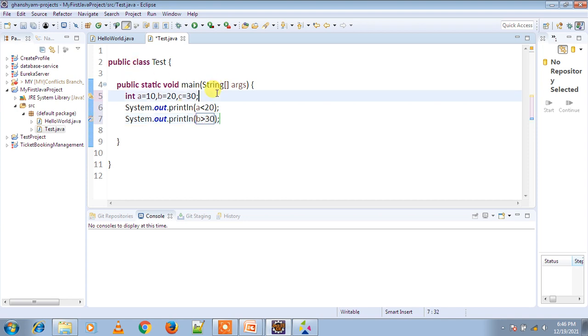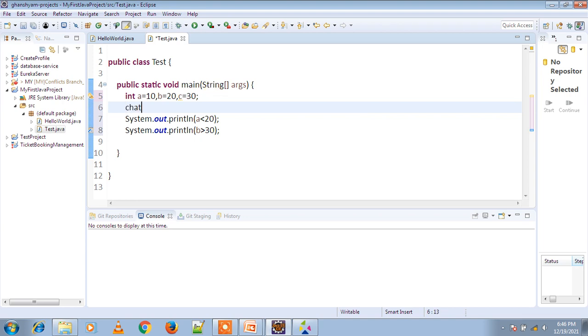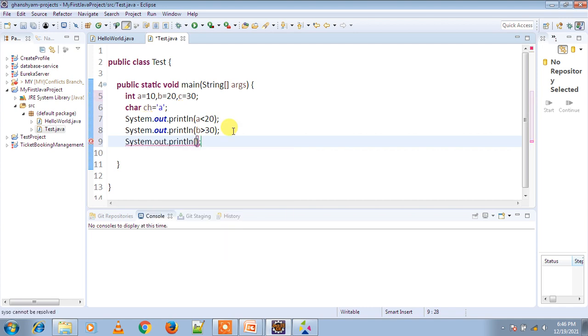We also take a character type, char ch equal to a, and then a greater than ch, a less than ch.